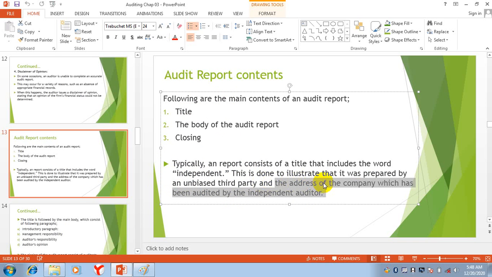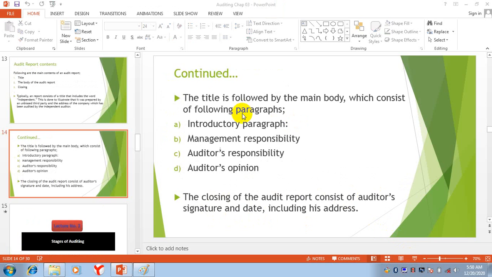And the second thing is the address of the joint stock company which has been audited by the independent auditor. The title is followed by the main body. I told you that in the title, two things will be included: the name of the independent auditor, and the name of the company which has been audited.